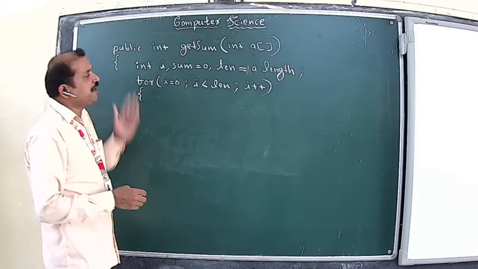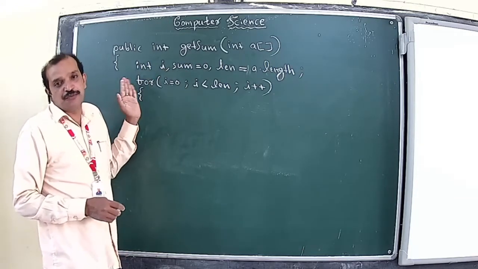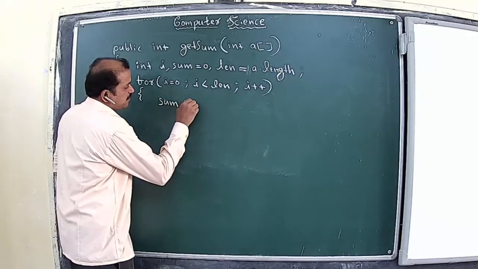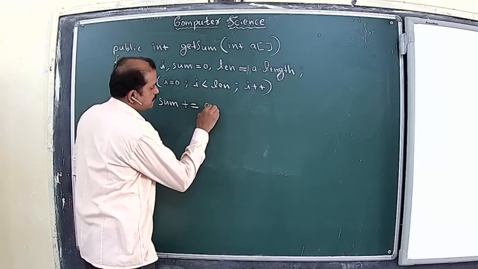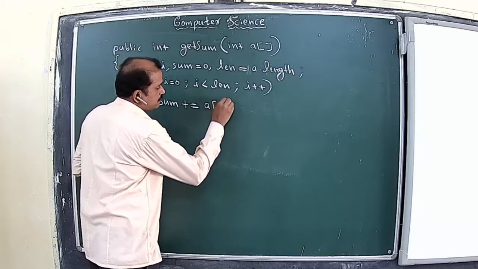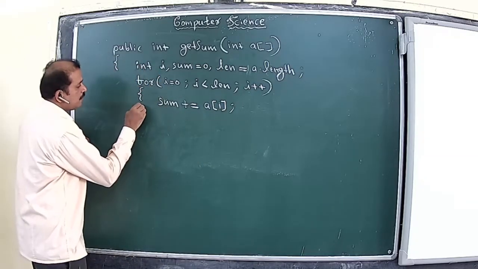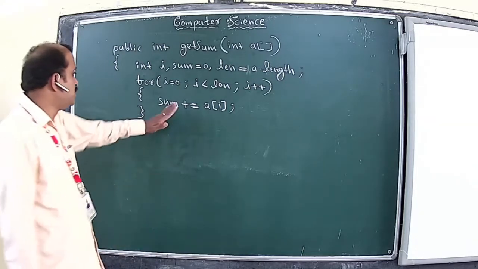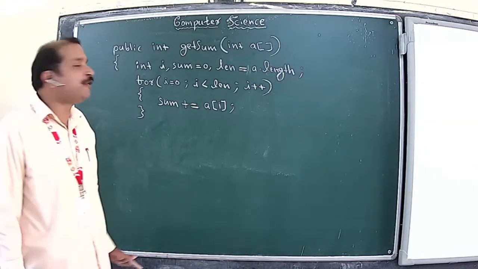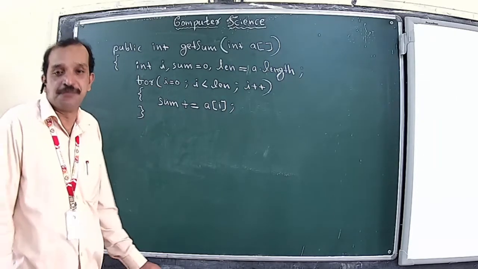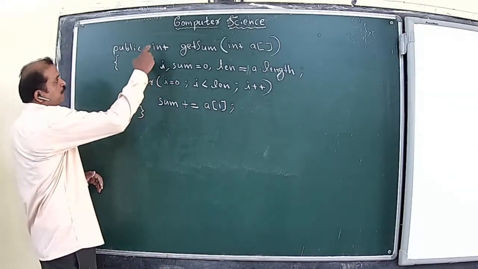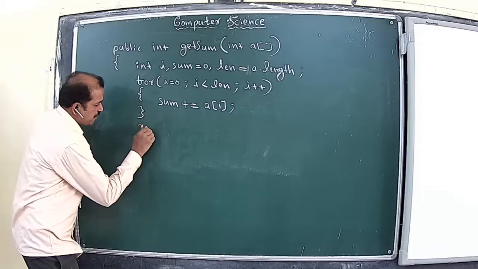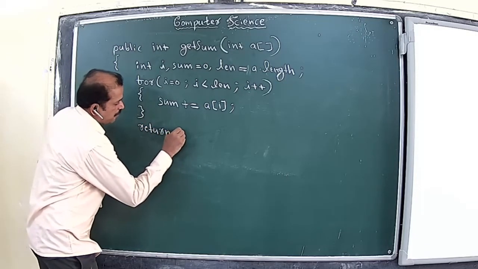And now it is very easy, we can directly add the various elements of the array to the sum in a single statement: sum plus equal to a of i. This is all that is required. So this is a very simple program, but this is only to demonstrate the processing of the array in a simple way. After which you will be able to return the value of this sum, since it is a pure function. Use the return statement to return the value: return sum.